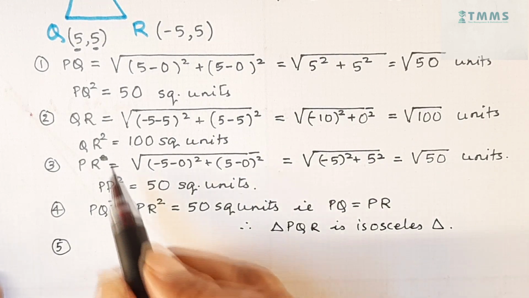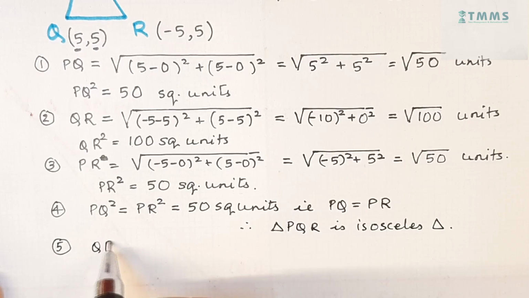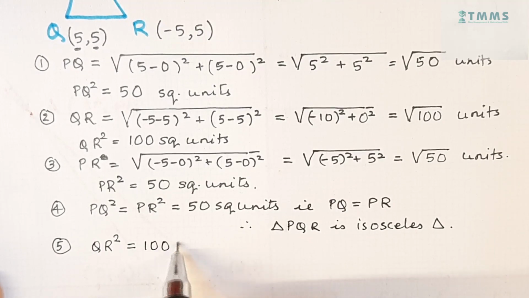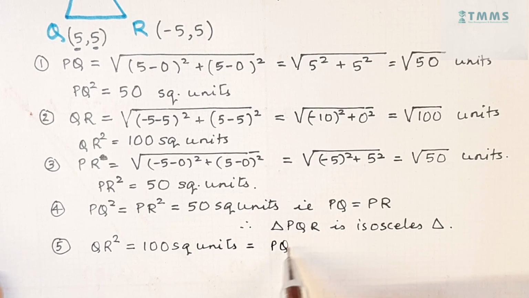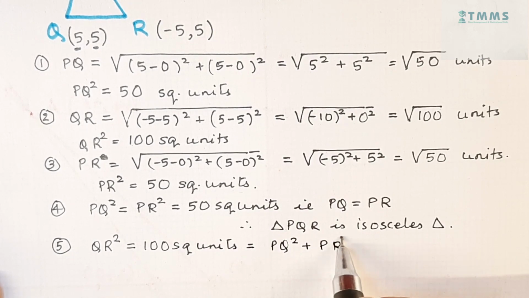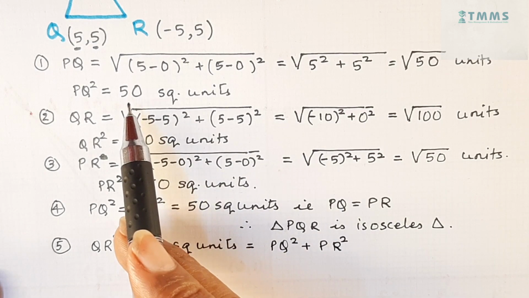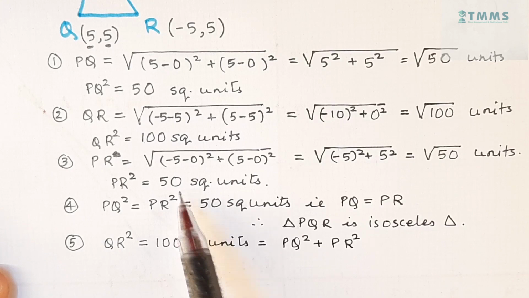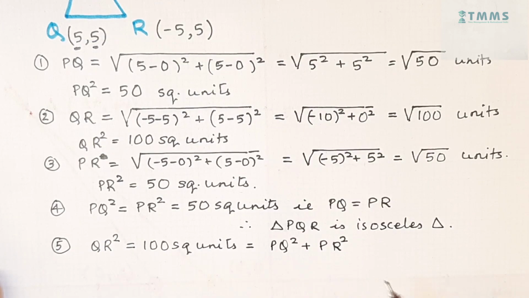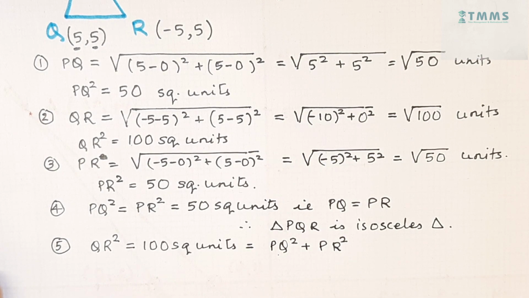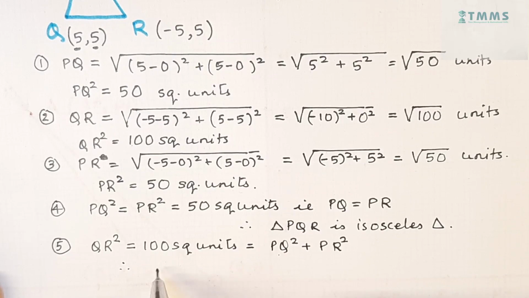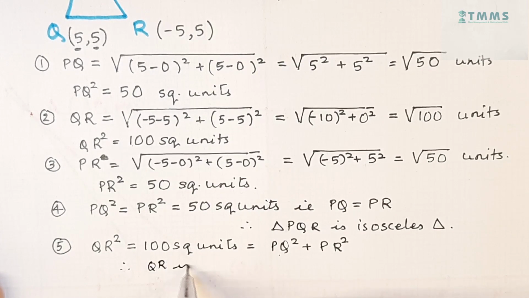In our fifth statement, we will see that QR square is equal to 100 square units, which is equal to PQ square plus PR square, because PQ square is 50 and PR square is 50 square units. So 50 and 50 gives us 100. And so you will see that QR square is equal to PQ square plus PR square. That will make QR as the hypotenuse. So this is the converse of Pythagoras theorem. So you will say, therefore, we will have QR is hypotenuse,